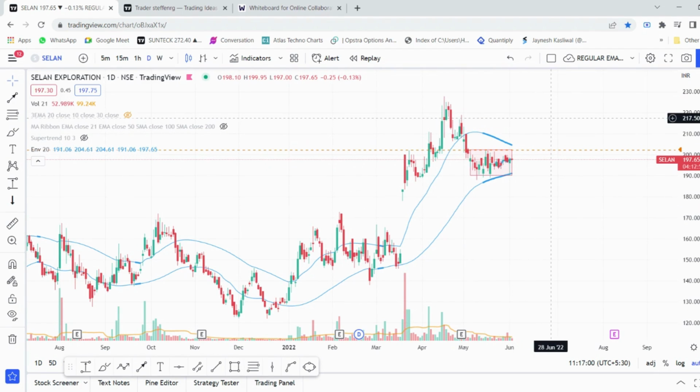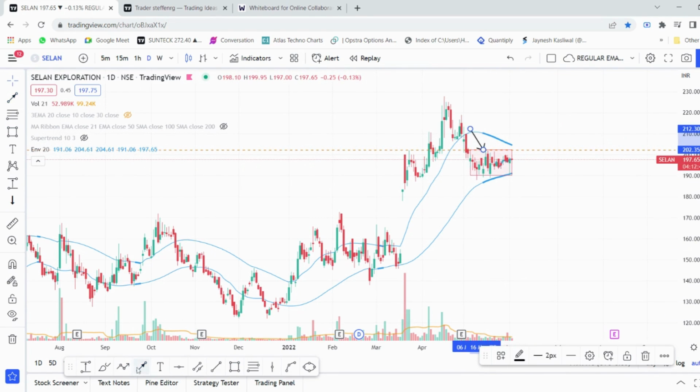So for example, in case of Ceylon exploration, you can see that the stock price is now trying to come into a very tight range and will soon try to break out above that area. So you can see here also that the stock is in a tight range,